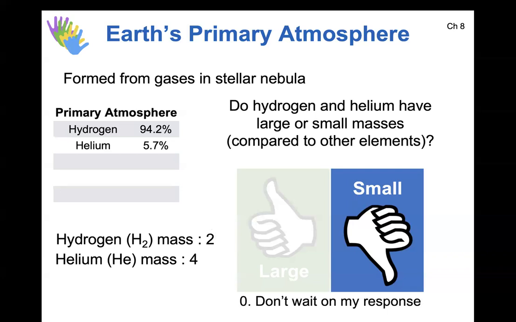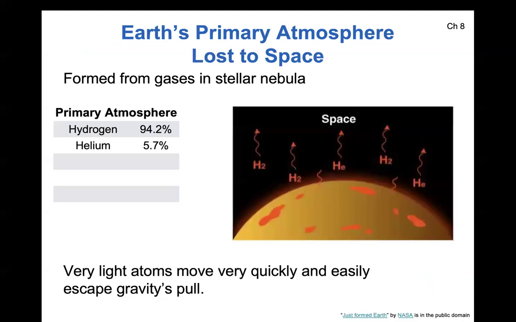Electrons don't count in the mass calculation because they are over 1,000 times lighter, so they just don't contribute to mass, not significantly. Helium is going to be atomic. It's an atomic gas, so it's just by itself. Each helium particle in the gas is just one atom, and it has an atomic mass of 4 because it's got 2 protons and 2 neutrons inside that one atom's nucleus. That's where the numbers come from.